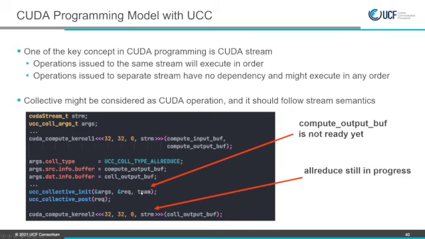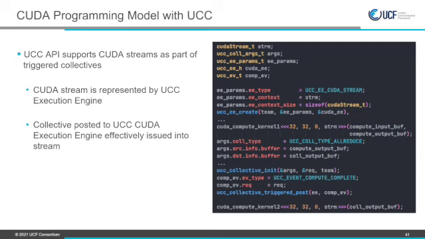And the solution to this problem from the UCC API perspective is to use triggered operations. The triggered operations, which Manju described, introduced two new concepts. First is the UCC execution engine.